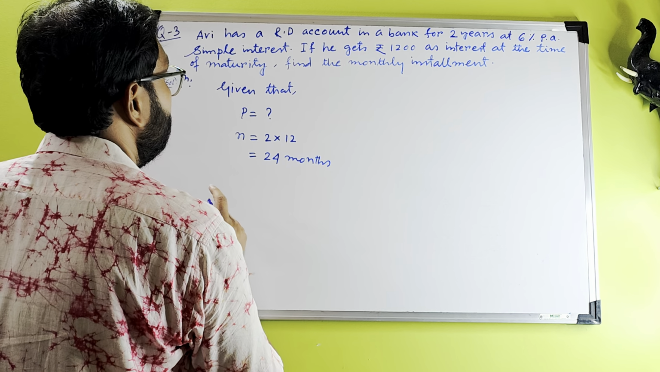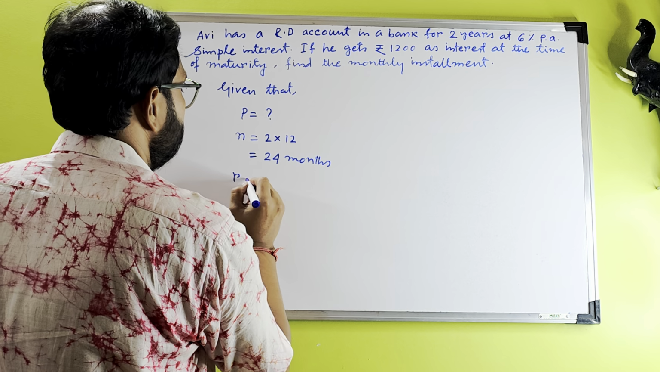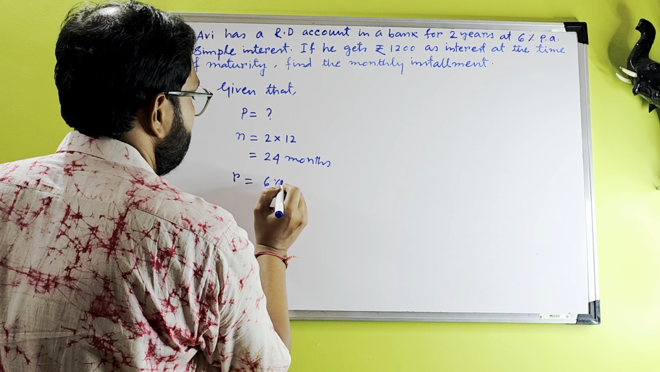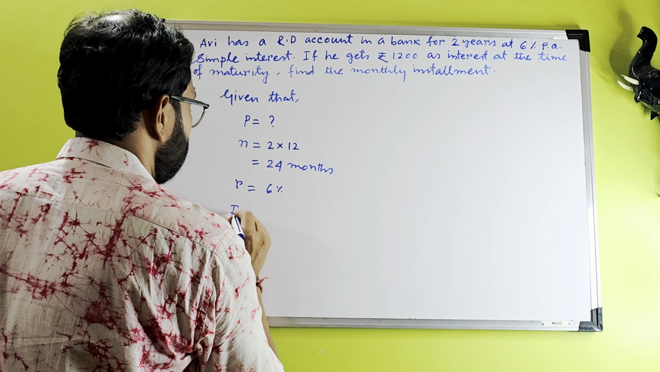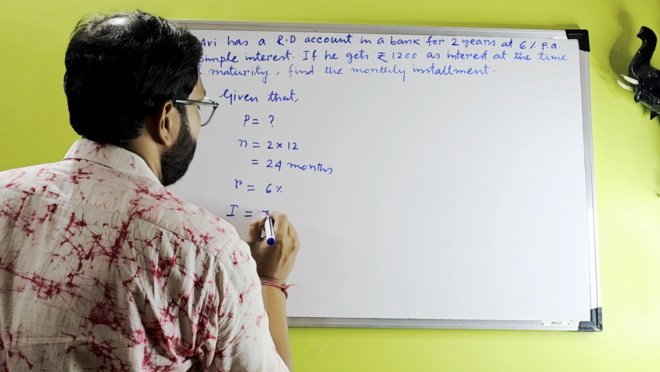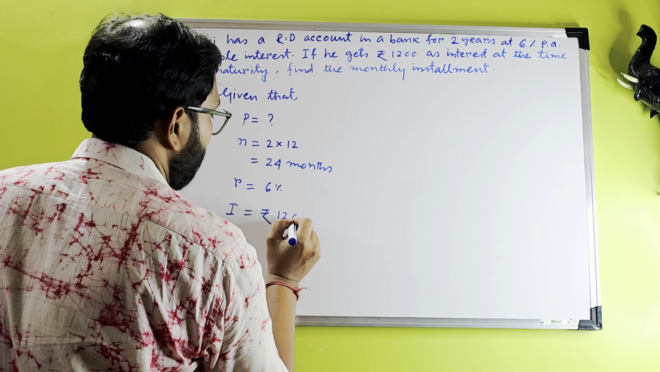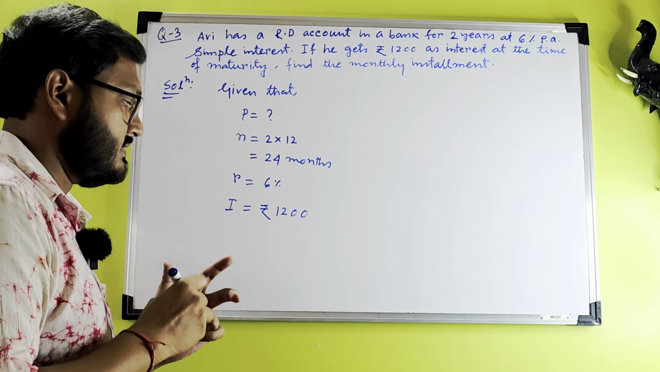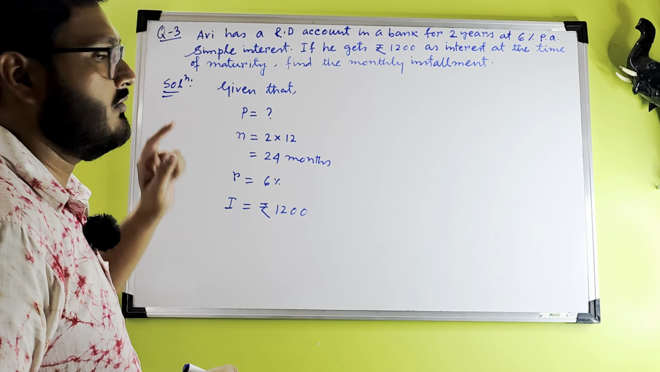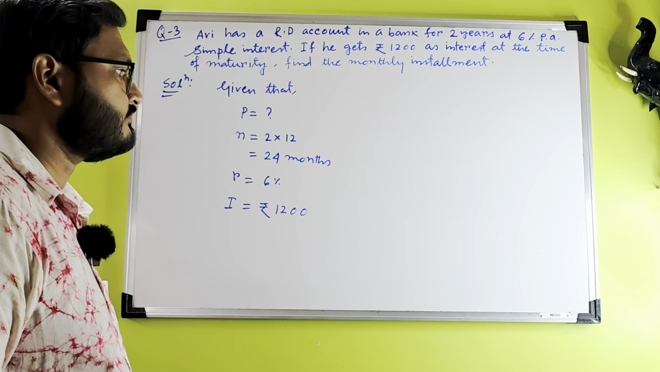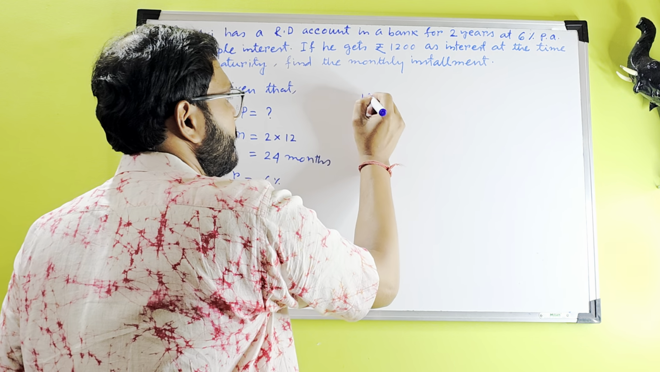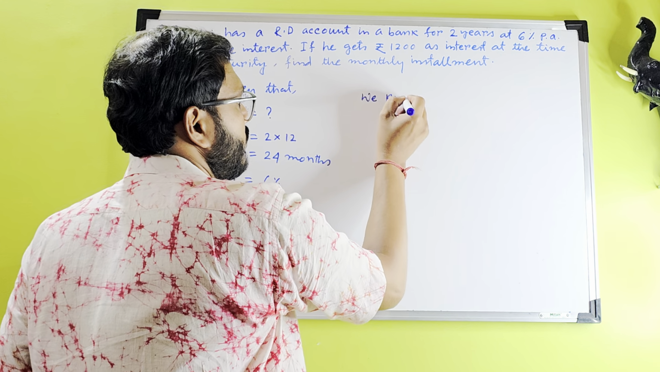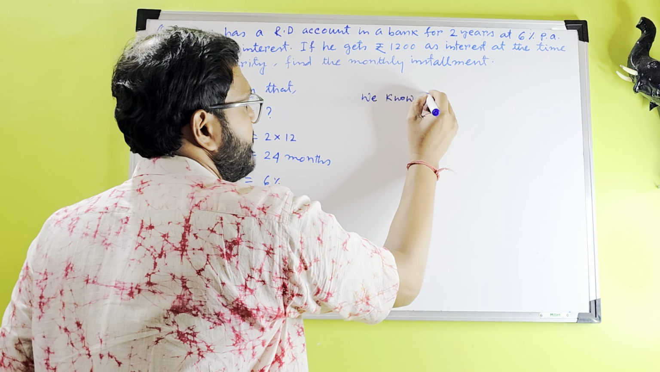n is given. R is 6% per annum, and interest is rupees 1200. These are the given things. See, three things are given, and one we have to find out. The simple way, we have one formula. We will write, we know that